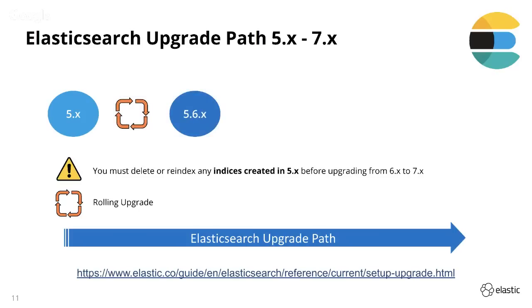So if you're looking at upgrading from 5.x, what we highly recommend is upgrading to the latest 5.6.x version. That way you can use the Upgrade Assistant to remediate any changes or problems that you find within the instances. As a part of the Upgrade Assistant, you'll have to address which indices have the problem and then reindex. So that's taken care of with the Upgrade Assistant. And Josh will go through a little more of a demo of the latest Upgrade Assistant. But once you've gone through the latest 5.6.x, and you've gone through the remediation process and the reindexing, then you can do a rolling upgrade into 6.8. And then using the same process of going through the Upgrade Assistant in 6.8,